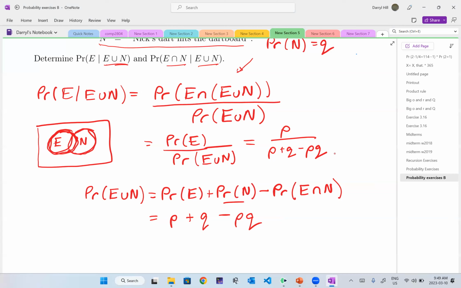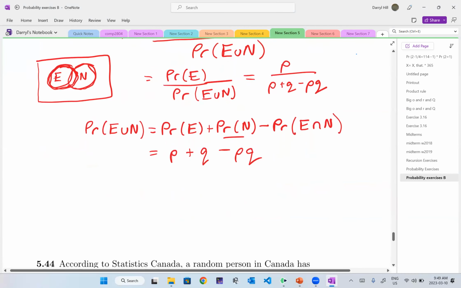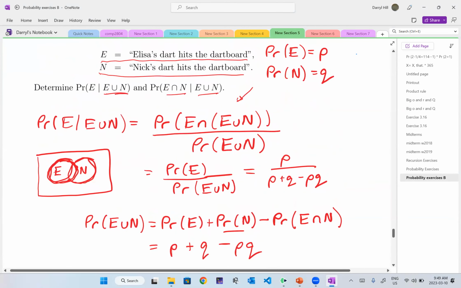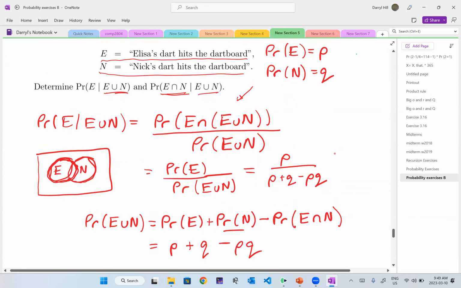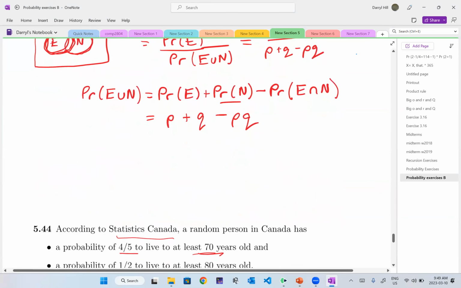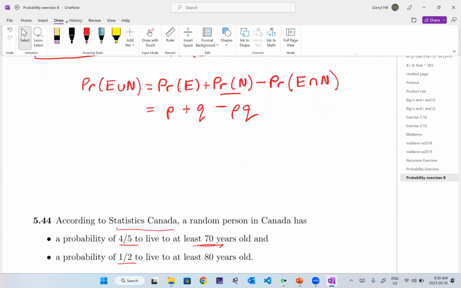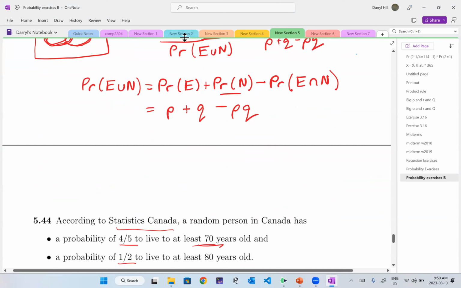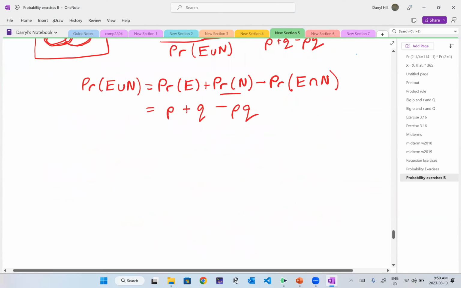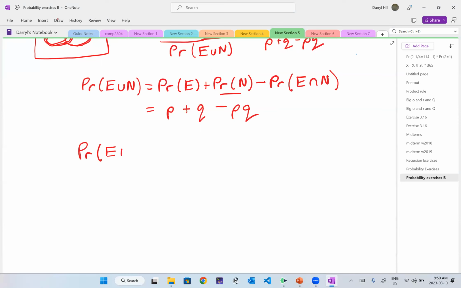All right, questions? Okay. Let's try the other. We've got 5 minutes. So E intersect N given E union N. So the probability of E intersect N, which we know, but given E union N,